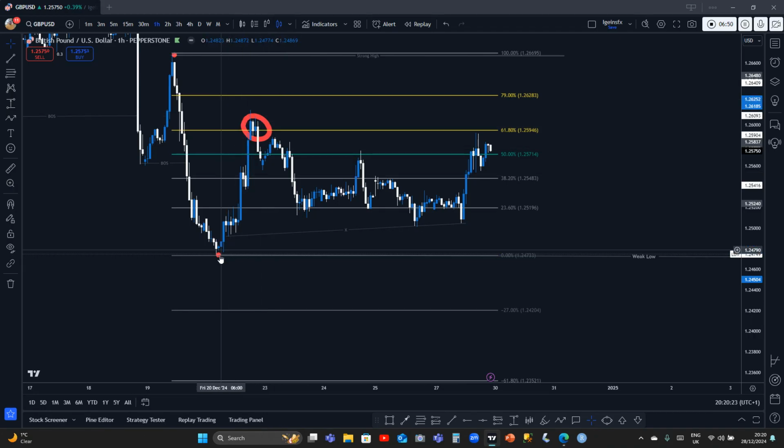All right, as a matter of fact, I'm still on this trade. It has not hit my TP yet. All right, now we are expecting a pullback, and the pullback should